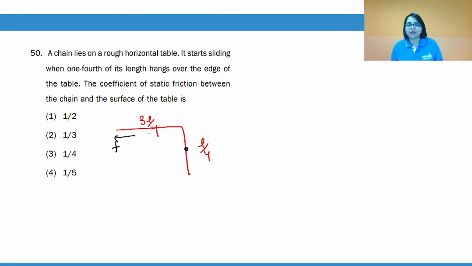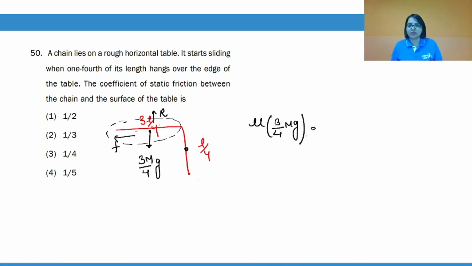So basically, friction force over here, mass of this 3L by 4 length will be 3m by 4, and into g will be downward force, normal reaction will be upward. So friction force on this horizontal portion will be mu 3 by 4 mg, right? And it is balanced by the weight of this much chain, that is equals to m by 4 g. So this will cancel this. So mu will be 1 by 3, and that is option